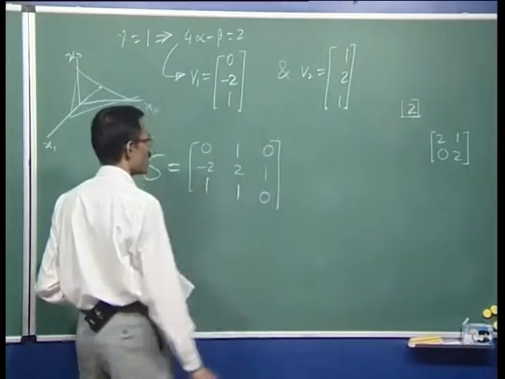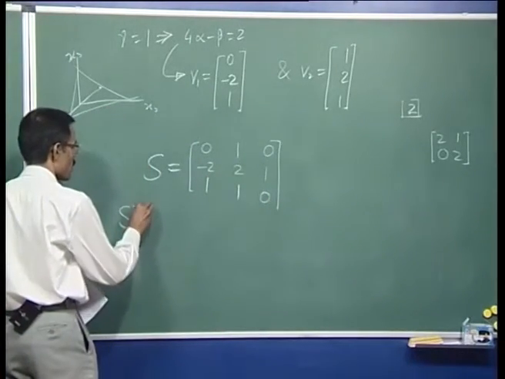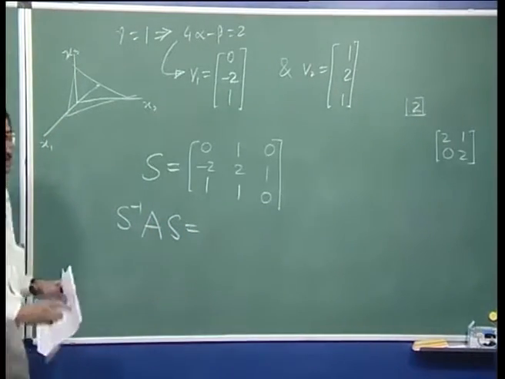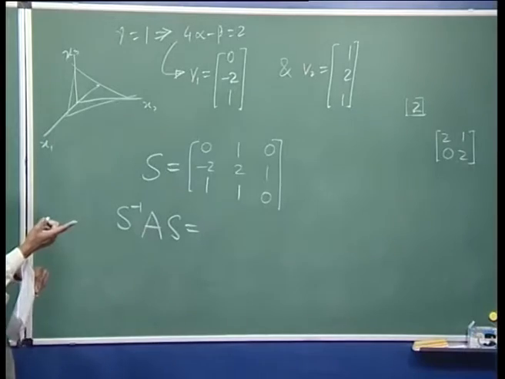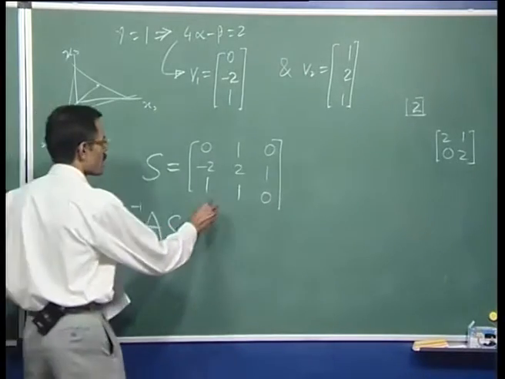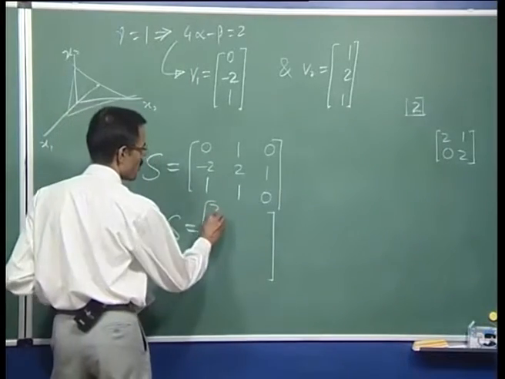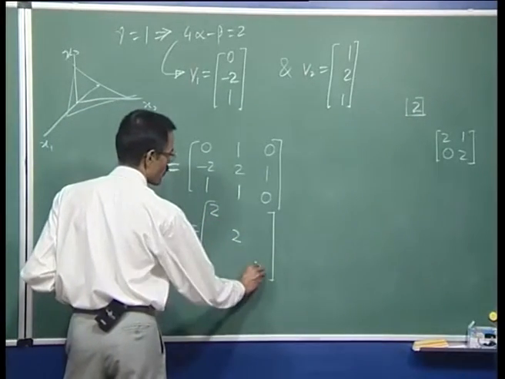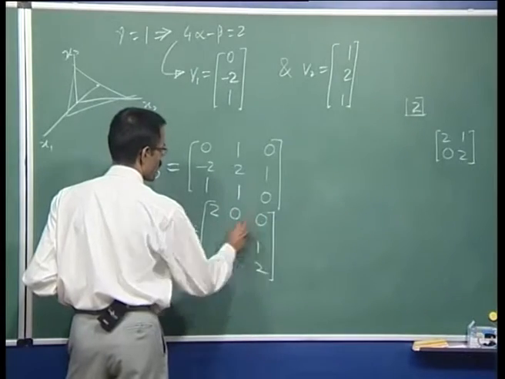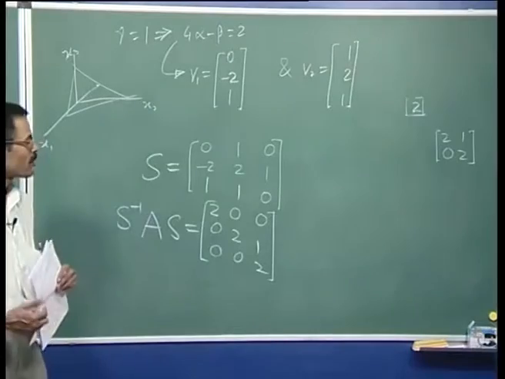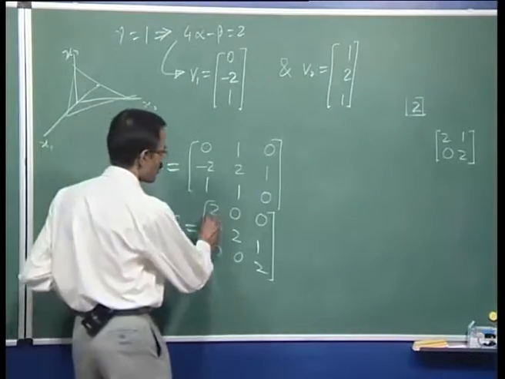We find out its inverse and then try to calculate this, and I leave it for your verification to find out that the resulting matrix turns out to be this, which is the Jordan canonical form, in which there are 2 Jordan blocks,